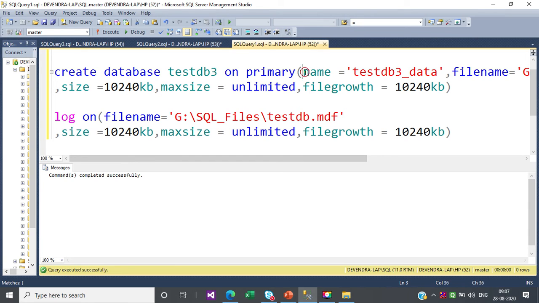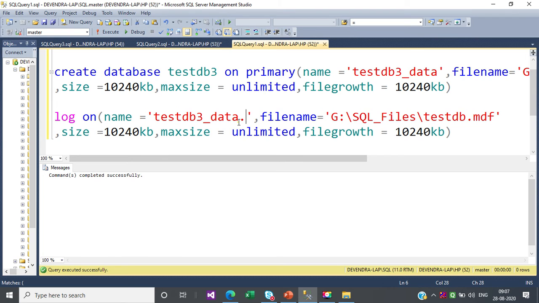Again, this naming convention is for the system's understanding, we can take that as well, something like testdb.log, data.log, a name we can provide.